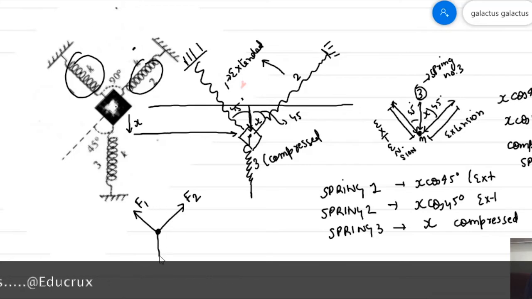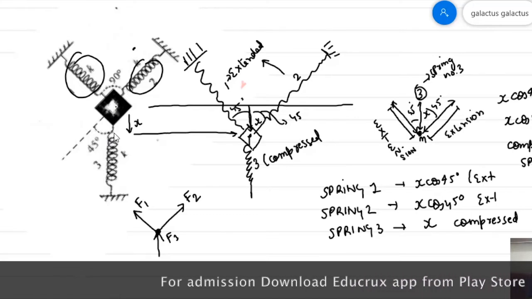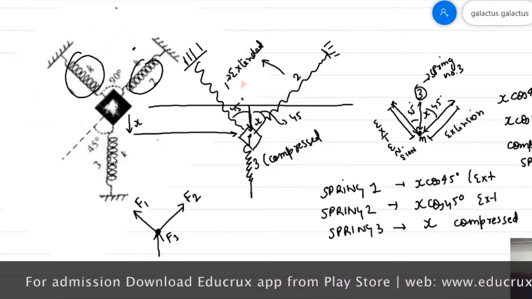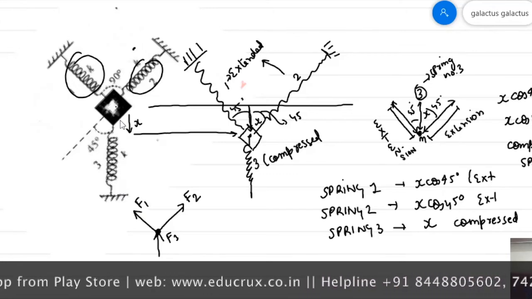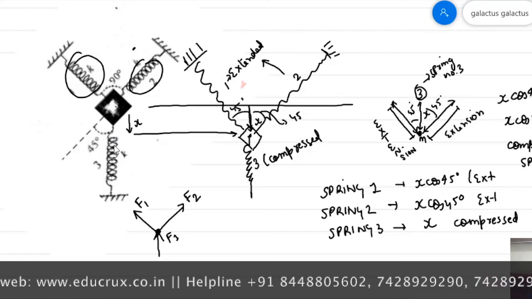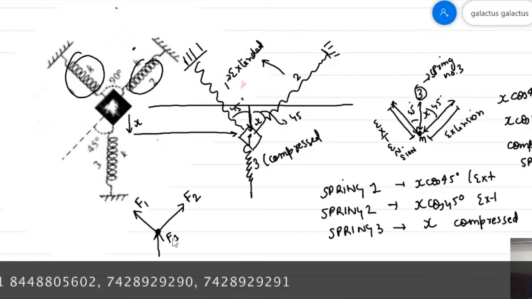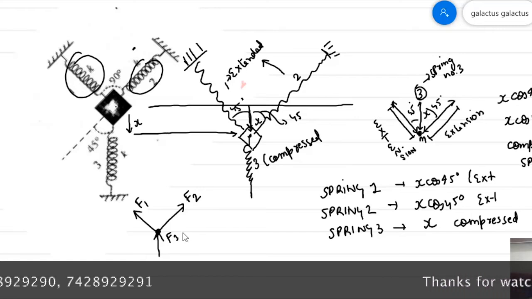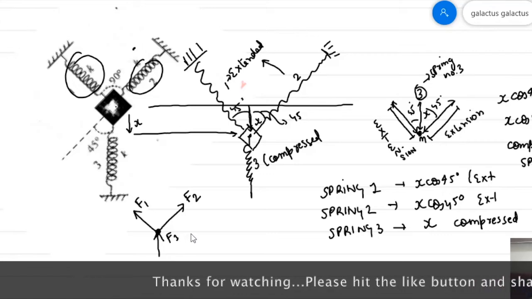Let us consider each spring separately now. If spring number 3 is compressed in the vertically downward direction, then a restoring force will try to align the spring to its natural length. So it will shoot back in the upward direction, and that force is F3. This is the restoring force by spring number 3, and the value of the restoring force is